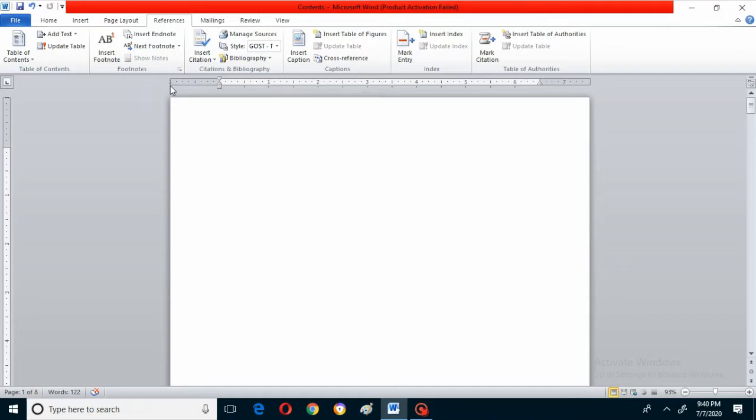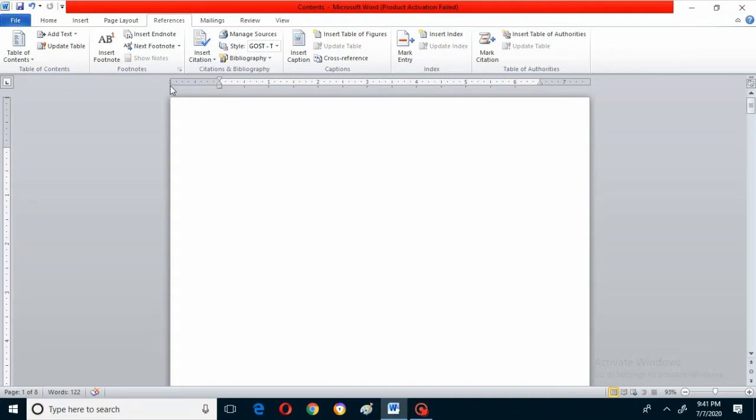You might have observed in some textbooks, English readers, non-detail, science textbooks, the meaning of some words is mentioned at the end of the page, that is the bottom of the page, in the footer place. That can be done with the insert footnote option.